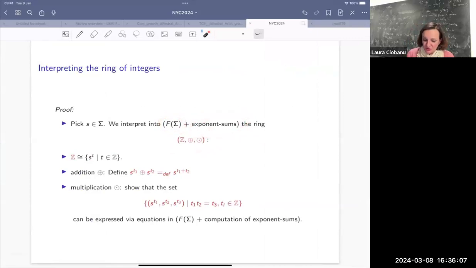So what do you need to do to interpret that? Well, you need to interpret the integers as a set. That's very easy. You can always find a Z in your free group. To define the sum is not too bad either. And to define multiplication is the one that's a bit trickier, right? So you need to find,